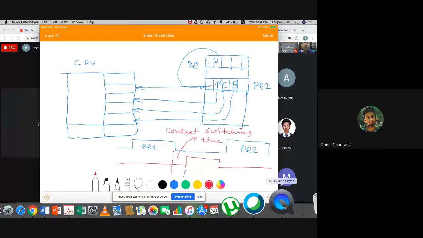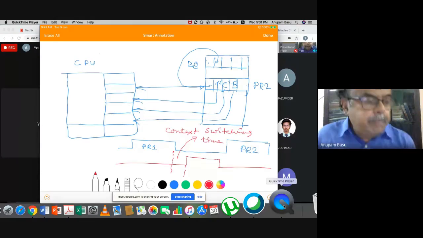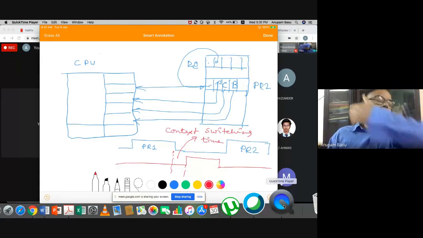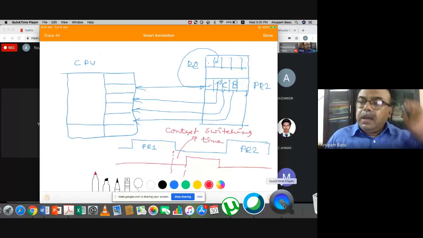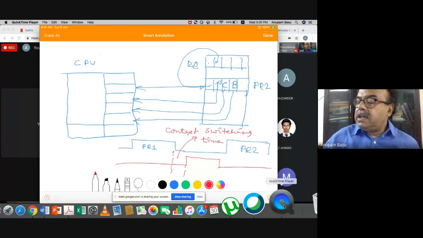Sir, I was just wondering if there is any cache involved, because it seems reasonable. Yes, that's also a very important question. All through my discussion, I have assumed a two-layer memory architecture, secondary and primary, just to make it simplified. If you have cache, certainly many of these things can be kept in the cache, provided the cache size is good enough. You're right, absolutely right. But that is your engineering decision of the operating system.